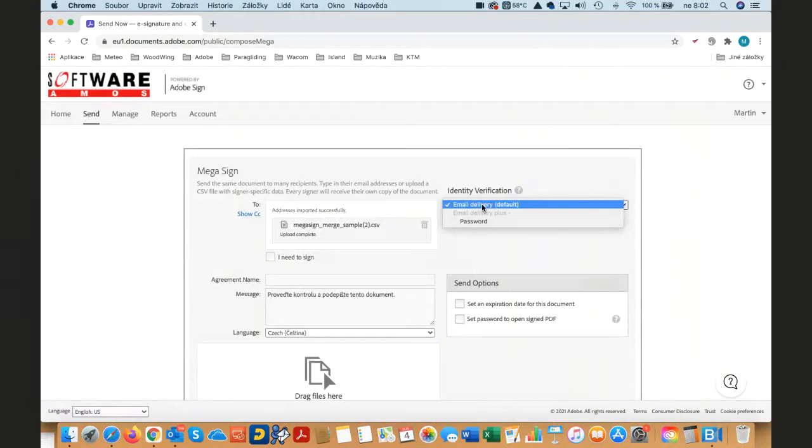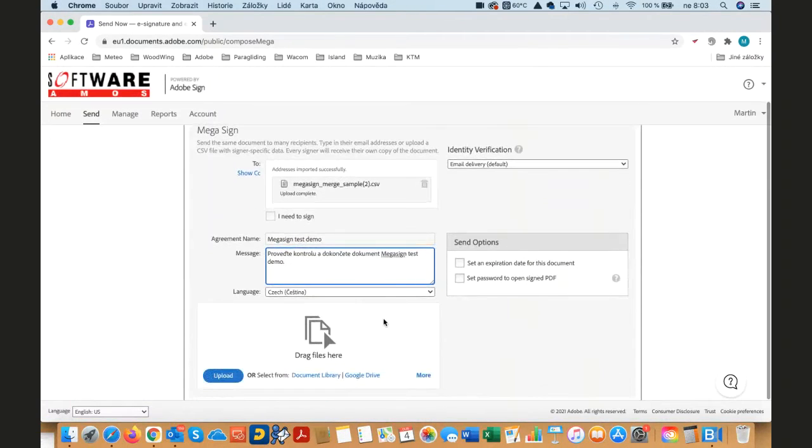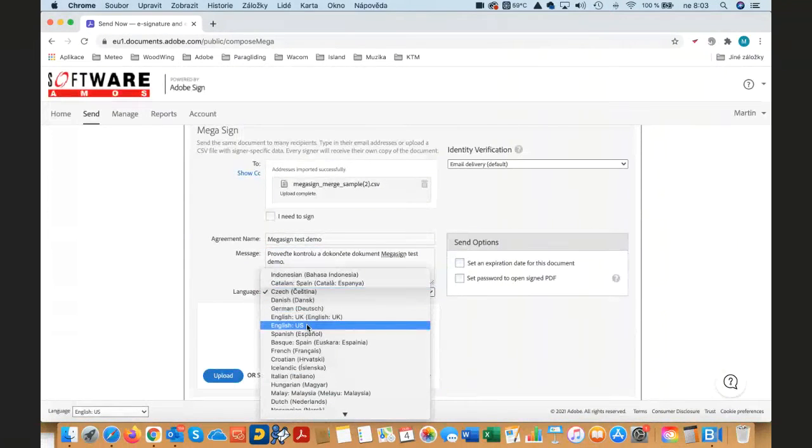You can again choose the identity verification. Let's leave the default email. I choose an agreement name, and I can choose the language